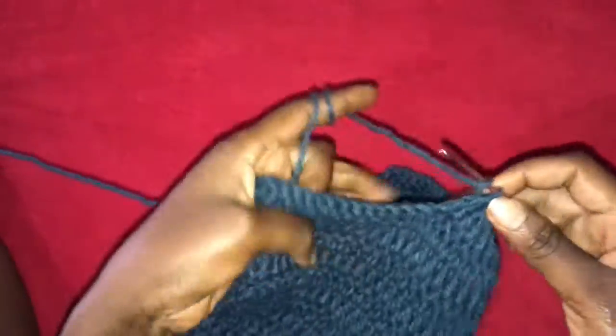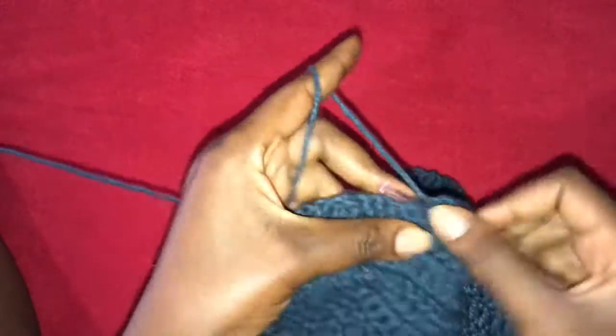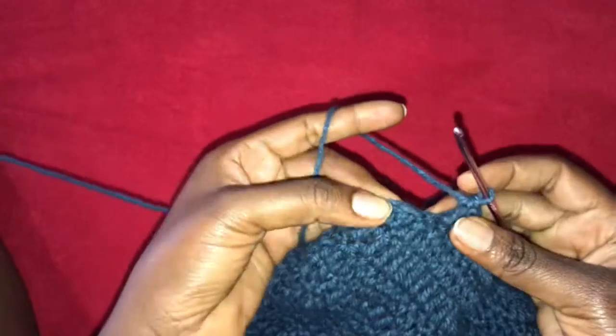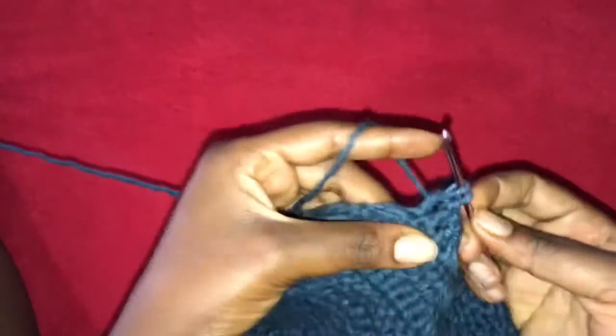If you don't want to do this, you can just do exactly what you have to do all the way up. From here I'm going to work normal double crochet stitches until I get to having 2 stitches left, and as you can see I have 2 stitches left, 1 2. So here I'm going to work a double crochet. So these are the 2 stitches. So I'm going to work 2 double crochet together,